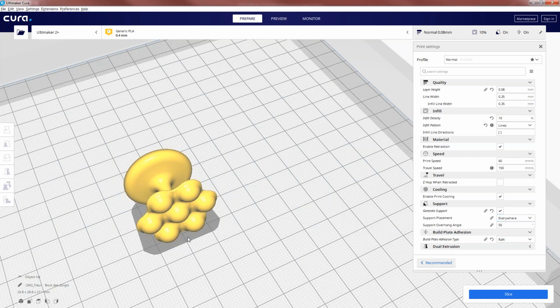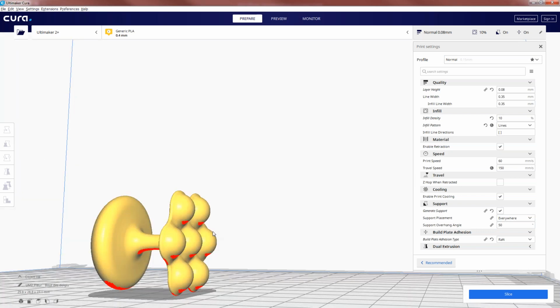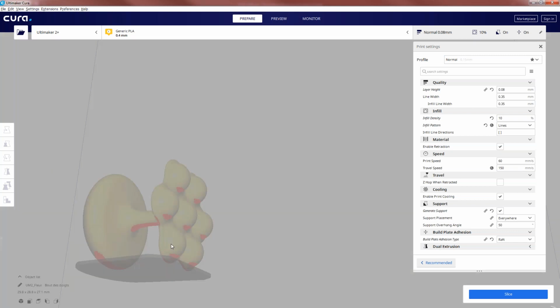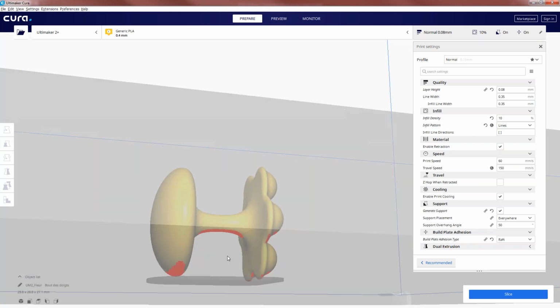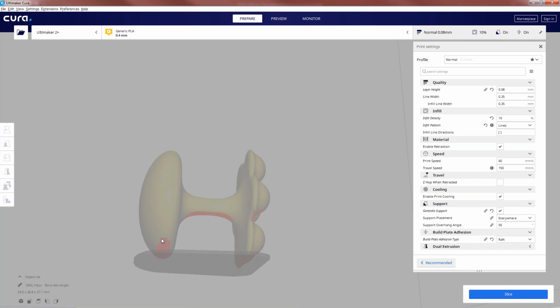Like you see, the red portion is the overhang portion, and wherever the red is, the supports will be generated. But if you observe here, the red portion goes only till here, not all the way up to here, because the overhang angle is 50.